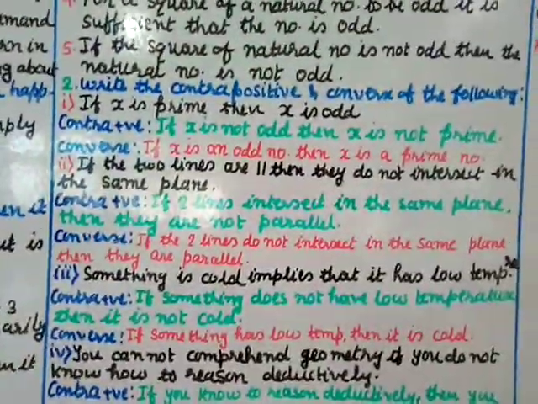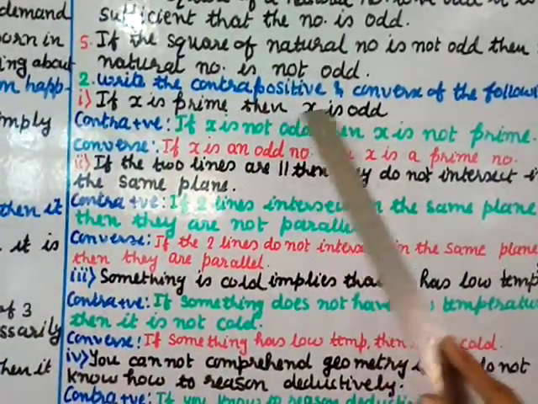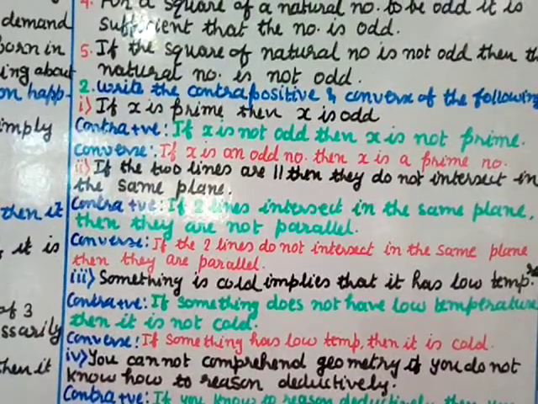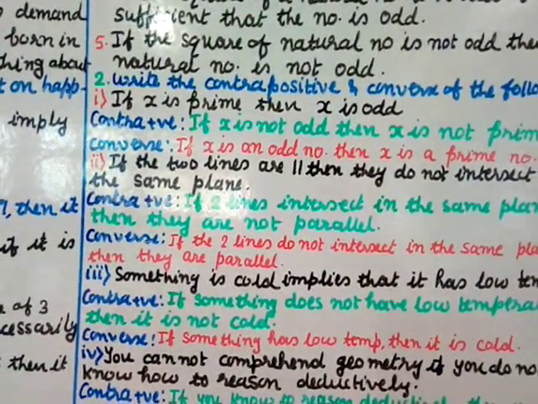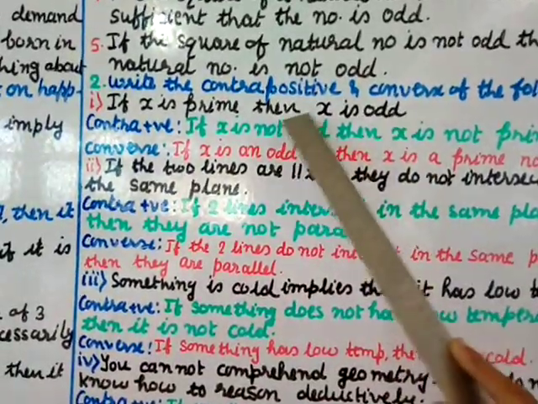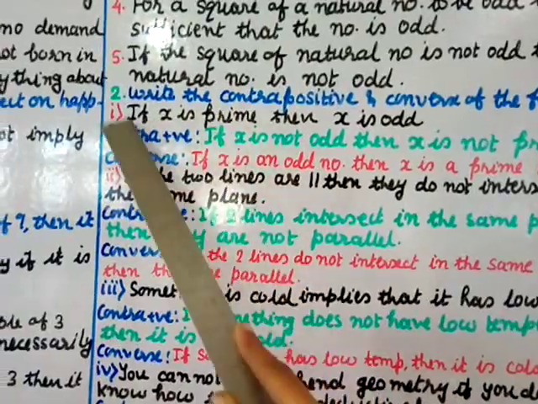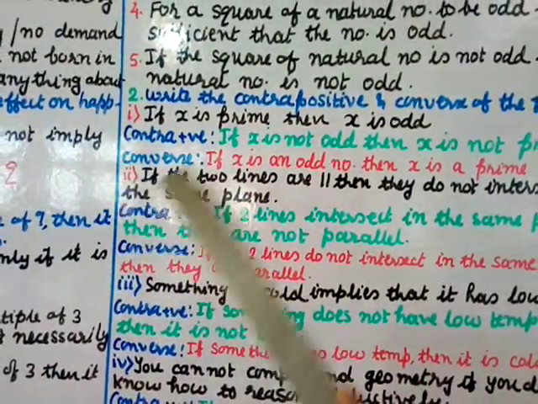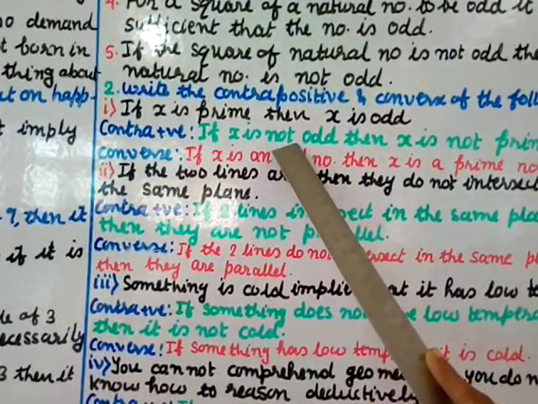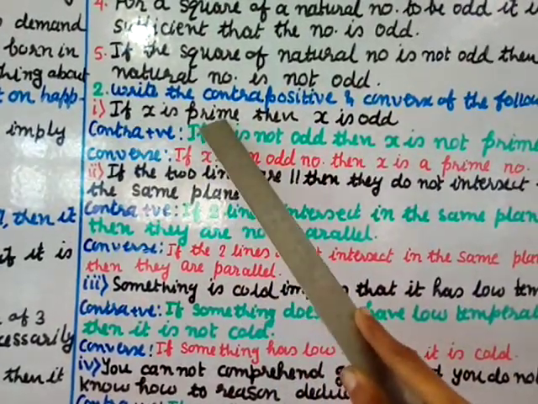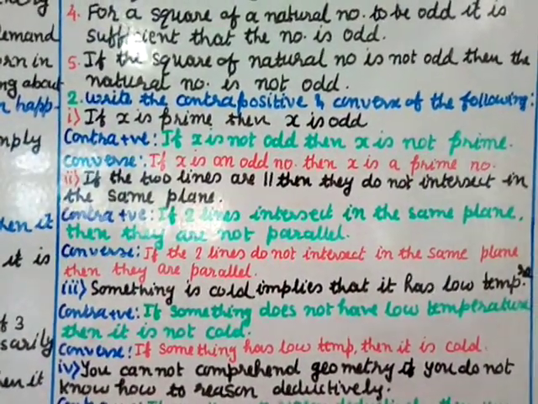So let us write here. Call the first statement P and the second statement, that is x is odd, will be Q. So let us write the contrapositive. Contrapositive is not Q implies not P, right? So here this is my Q. You start with the negation of this, implies not P, that is, the negation of the first one. So I write if x is not odd, here x is odd, so I write x is not odd. Then you have to write x is prime, so negation of that is x is not prime, right? It is very simple.